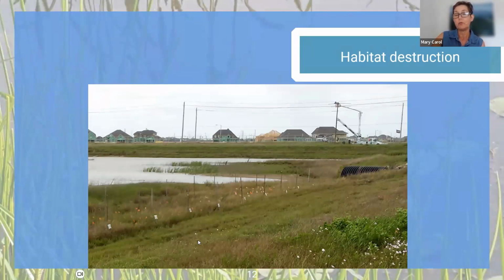We have mowing, over mowing, which reduces plant populations and favors invasives, the construction in the background. The detention basin that was provided to hold the water is a source of wetlands, but the diversity in a created wetland is really nothing like the diversity in an established wetland, a reference wetland. That could be another talk.